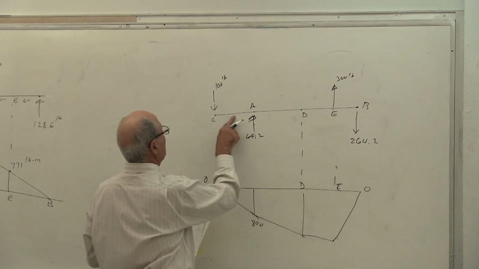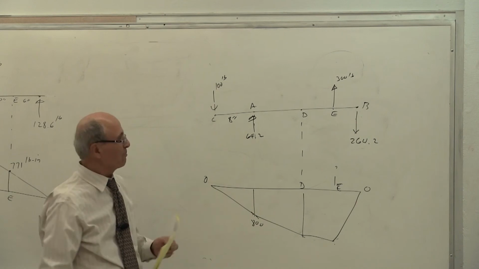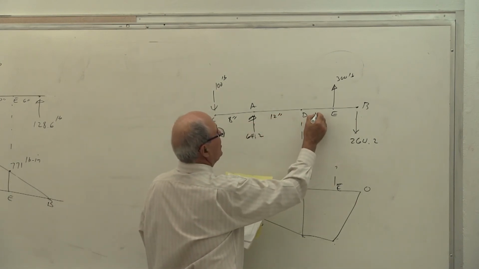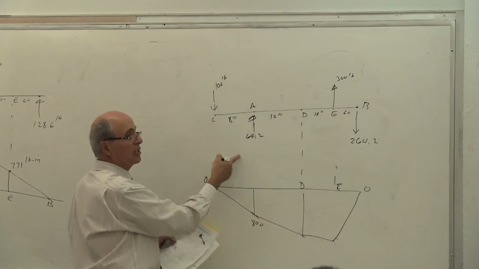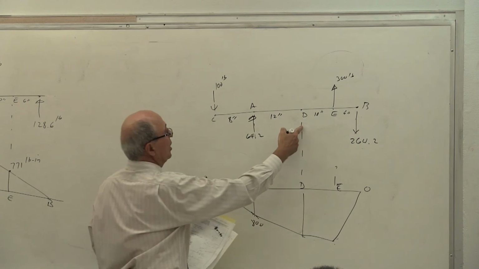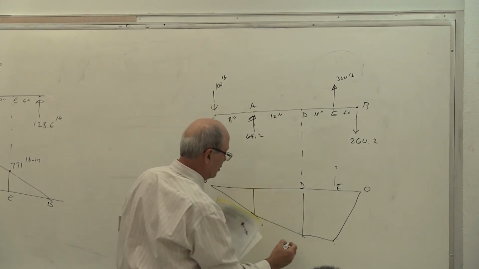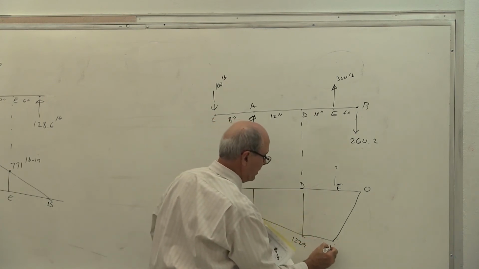Oh, that's 8 inch. I'm sorry. I see something. Otherwise it won't be 800. And that's 8. This one is 12 inch. Is that correct? Yes. And this is 10 inches. That's 6 inches. I saw something is wrong here. So that's right. Correct. 100 times 8 is 800. Then you come to this point, moment of that minus moment of that, which comes to 1229. And then finally here becomes 1586.